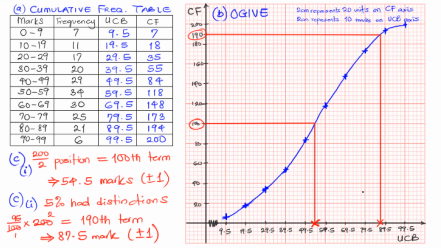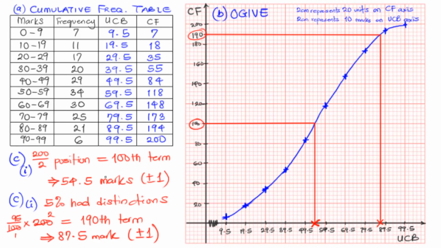mark for distinction in this particular set of data that we are given for the marks scored by students in the test. And like that, we have come to the end of this beautiful question on the cumulative frequency curve, in which first we evaluated the cumulative frequency table, we found the upper class boundary, we evaluated the cumulative frequency, and we used those data to plot the graph of the cumulative frequency curve, that is the Ogive, just as it